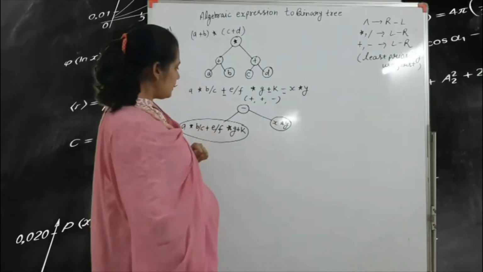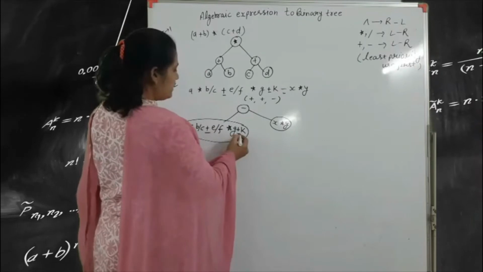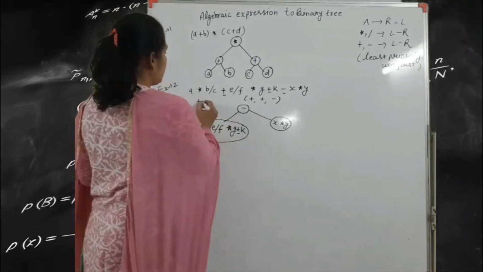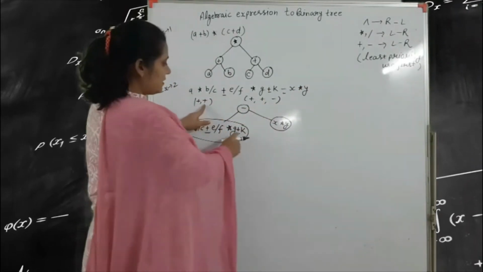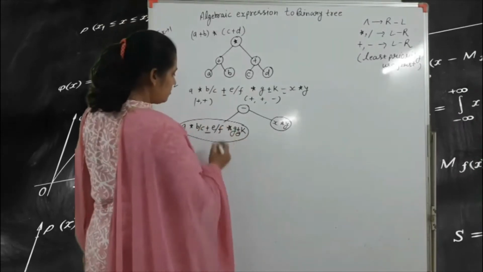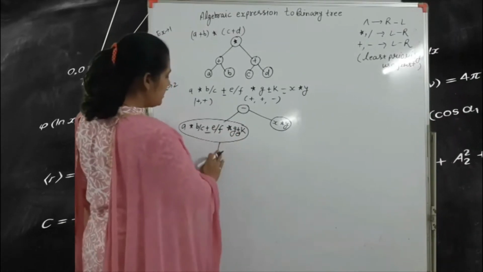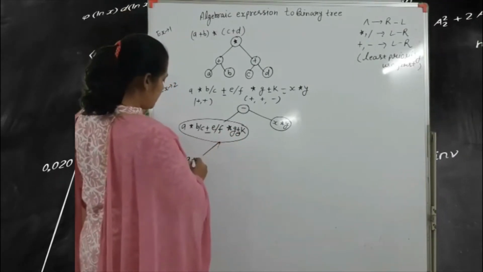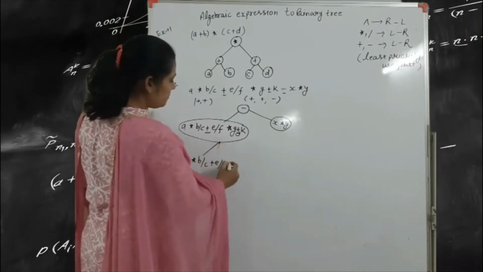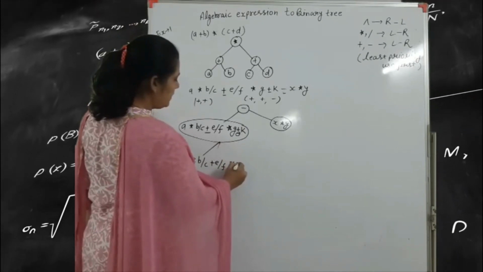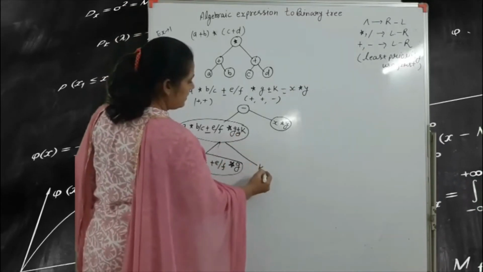Okay. Next one is, according to these points, we again have 2 plus signs, this one and this one. Okay, so among these 2 plus signs, always you consider the right hand side one. Got it? So we use this plus sign. Okay, so here we write this plus sign, that means this portion is in the left hand side. So here we write A star B slash C plus E slash F star G. Okay, and this is your left hand side and this is your right hand side.